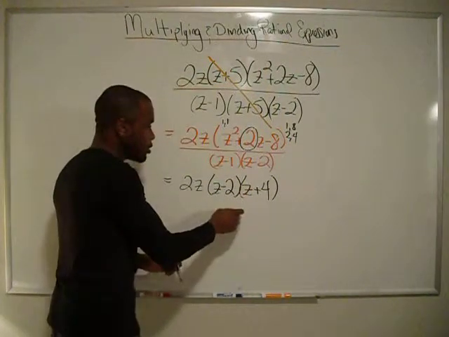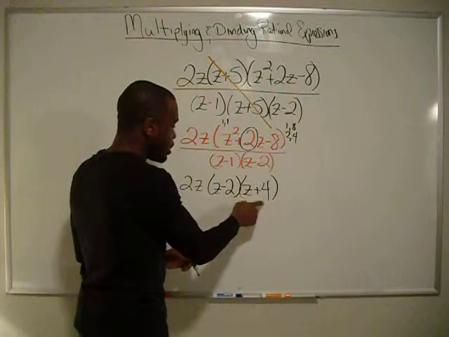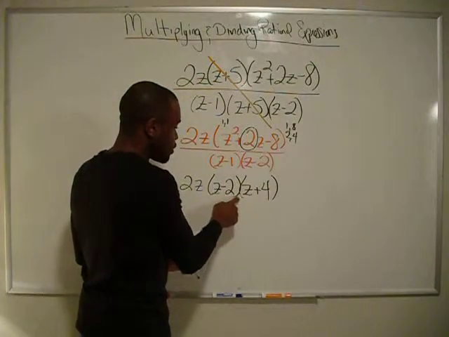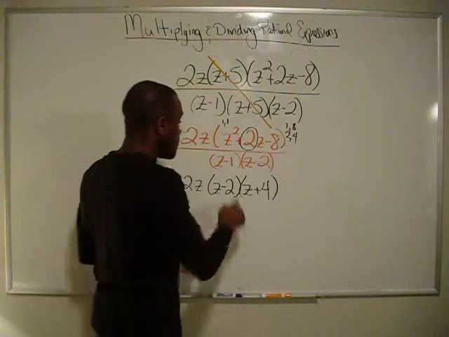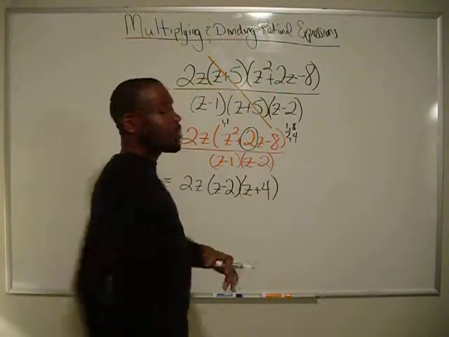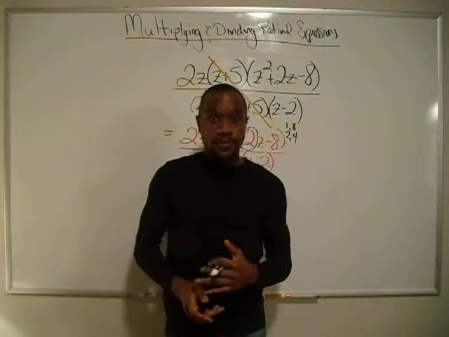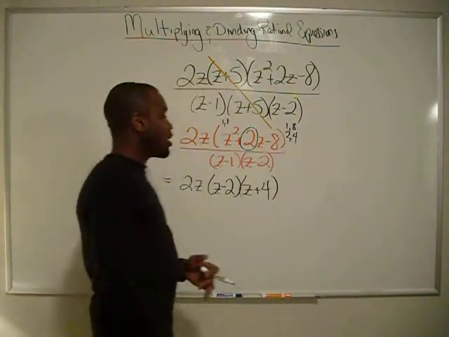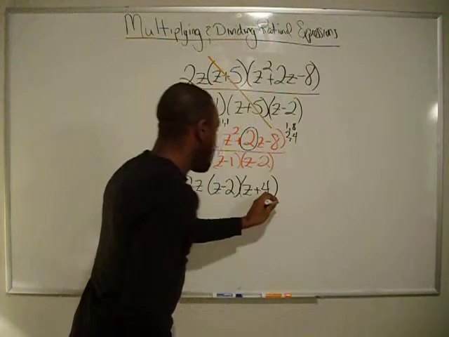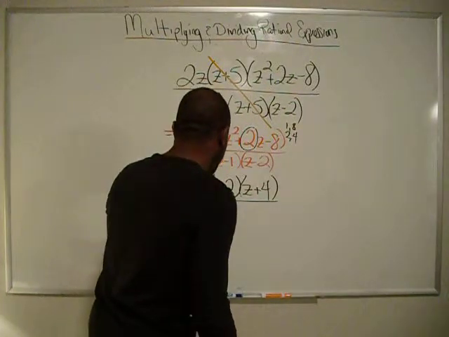When I foil that, I do z squared plus 4z minus 2z. Negative times a positive is a negative. Negative 2 times 4 is negative 8. Now what do we do? I'm going to tell you right now. Over z minus 1,